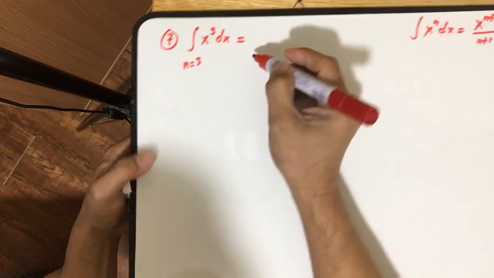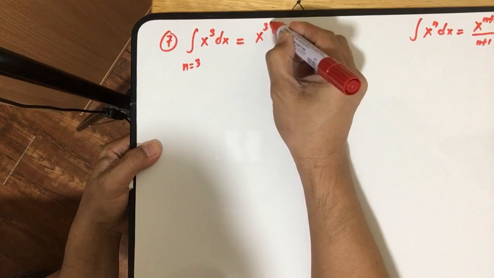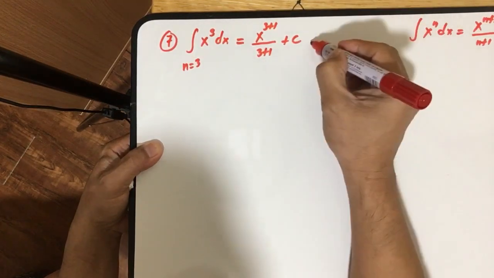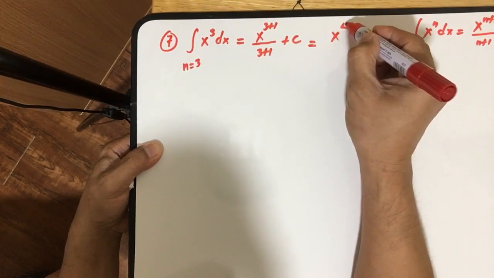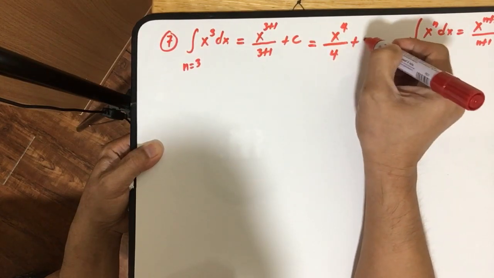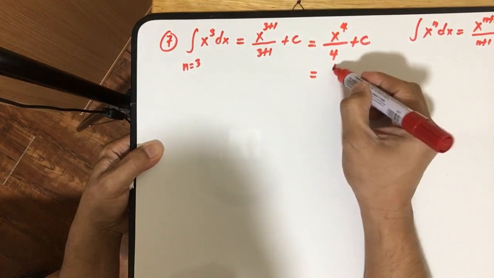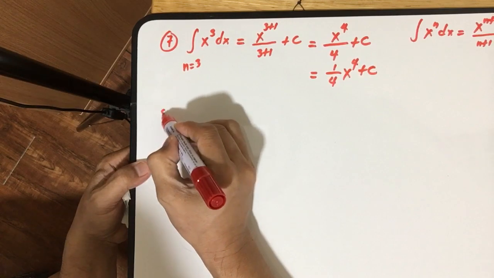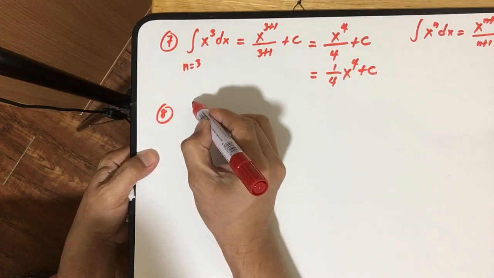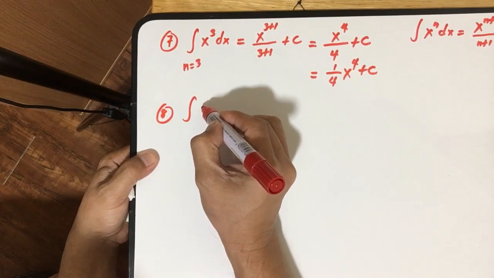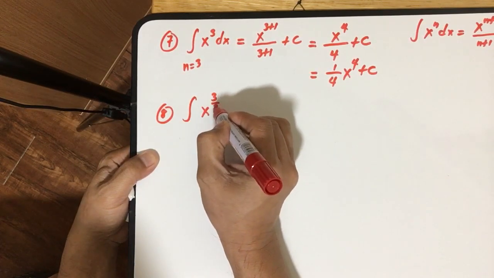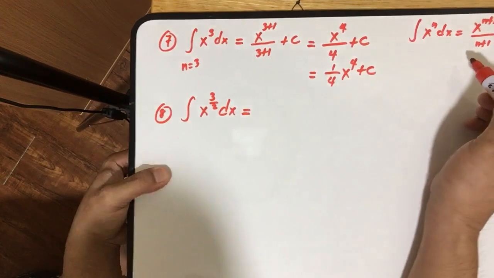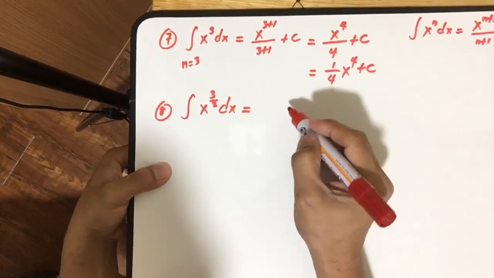Using that formula, we have x to the 3 plus 1 divided by 3 plus 1 plus c, which is equal to x to the 4th divided by 4 plus c, or you can write this as 1/4 x to the 4th plus c. Number 8, you have, for example, the integral of x to the power 3/2 dx. This is equal to, again using the power formula,